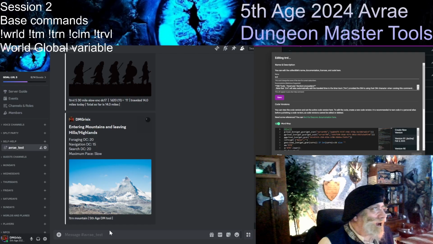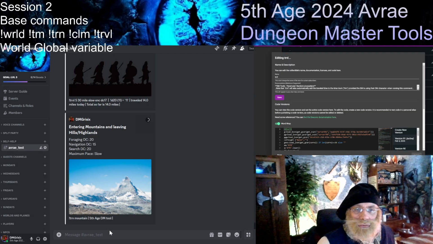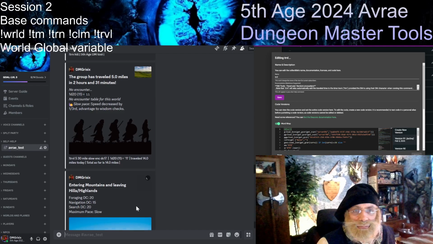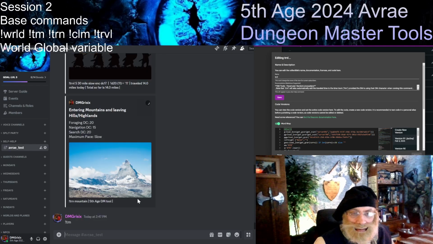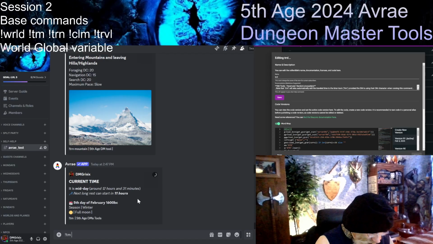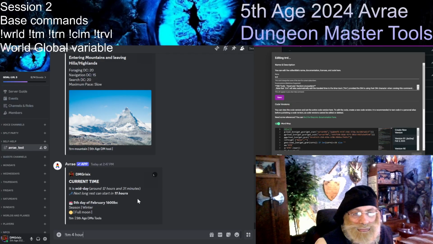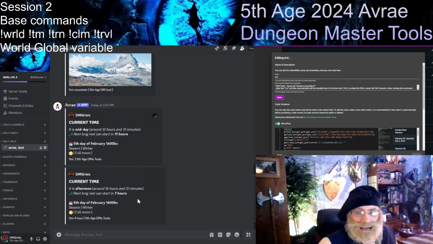Let's say they had been informed that there is a way to get into another world called Barovia over there. So we are going to give them a few hours where they are going to search for that. It is around midday. Their next long rest is going to start in 11 hours. Let's say, for example, it's going to take them 4 hours to find the place that they are looking for in these mountains. And we're going to move the time forward by 4 hours.